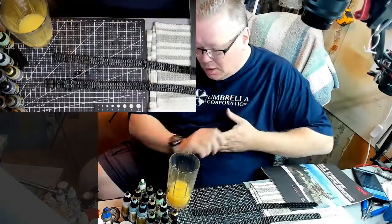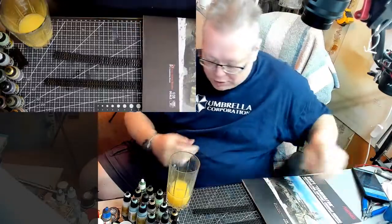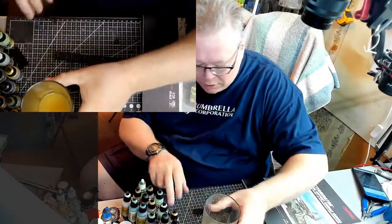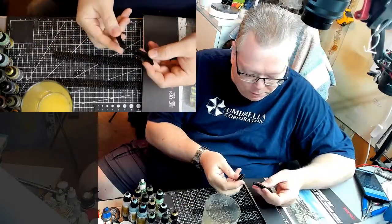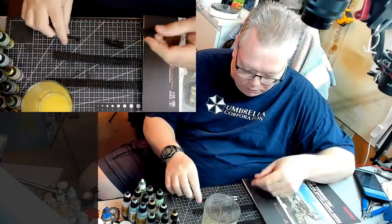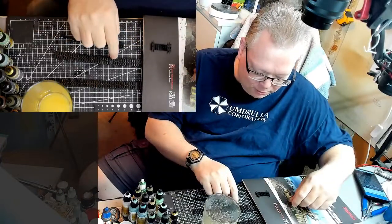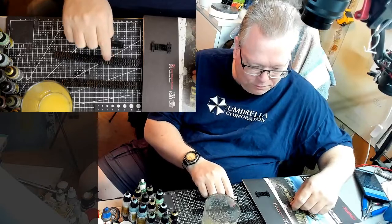Now, one thing to Meng's praise, I guess you could say, is they do give you this little tool to help you assemble the treads faster. So what you do is you take 5 or 6 of the, here,